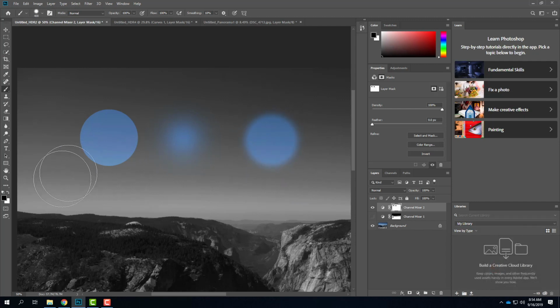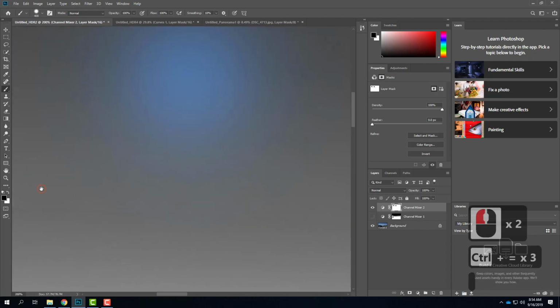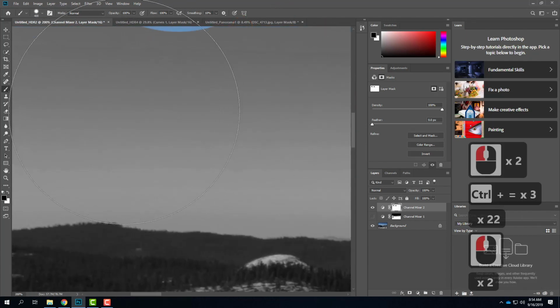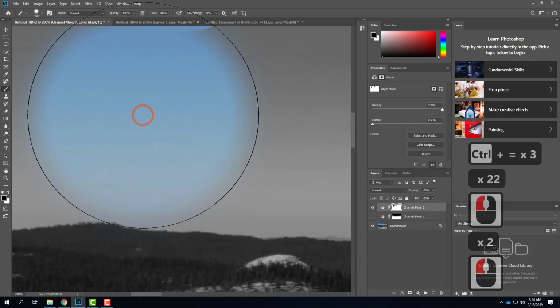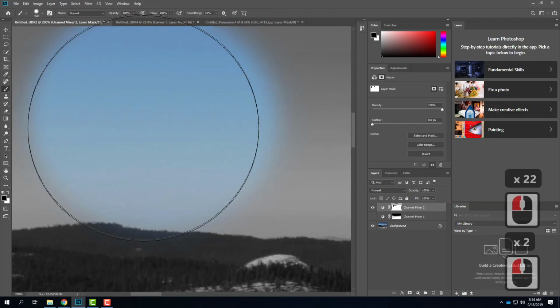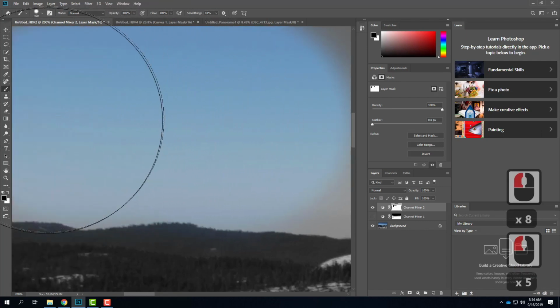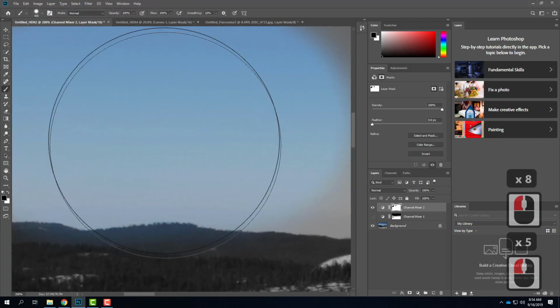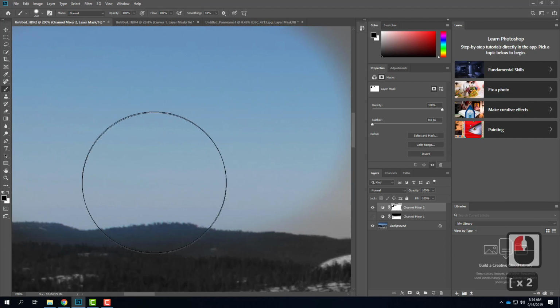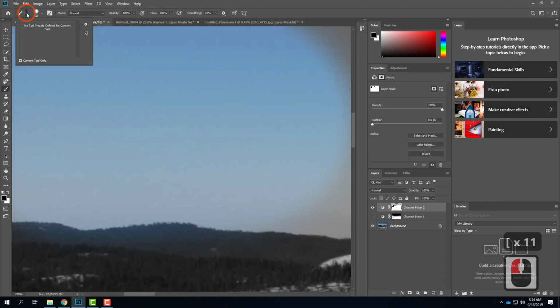So if I go in and I try to paint along this edge here, if I have too much softness, I'm going to get too much spillover into the background here. So in that scenario, that's okay. I'm getting a little bit of color there. The other option, of course, would be to use a smaller brush. And furthermore, I could go back